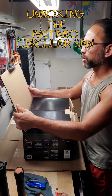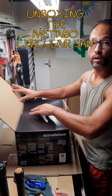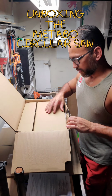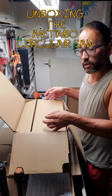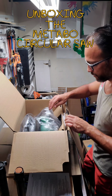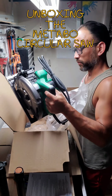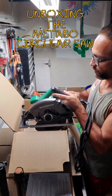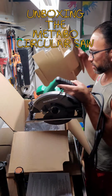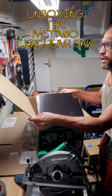I did get it from Lowe's. They do have a new price on it. It used to be $100. It is now $79.99. So the price is extremely affordable for a nice circular saw. It is also, in terms of 7 1/4 circular saws, a little bit on the heavier side at 9.5 pounds,